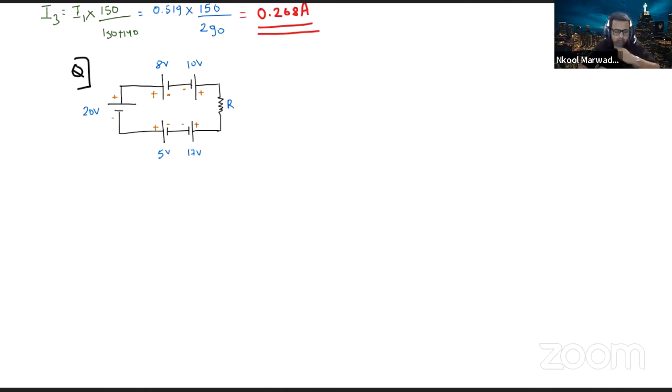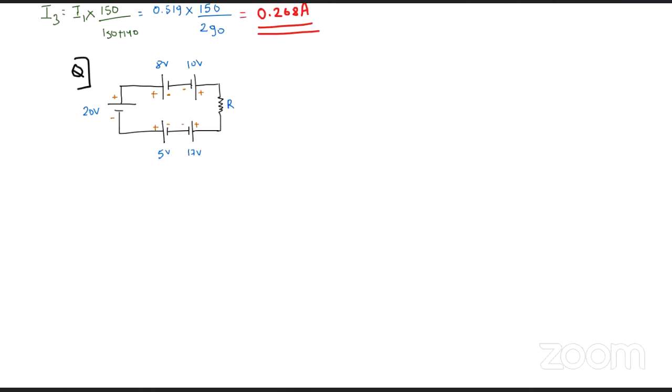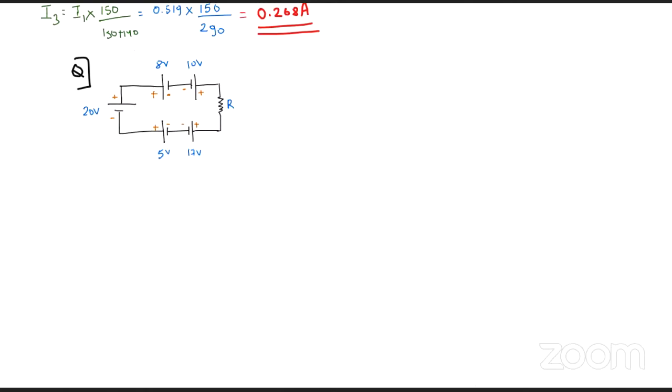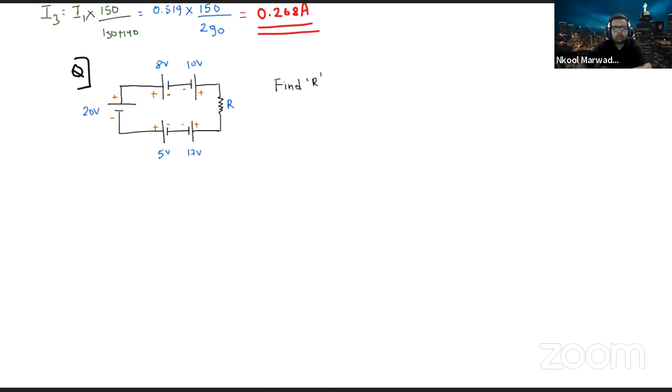Now what I can do is apply the Kirchhoff voltage law with the sign convention. So what is asked in the question? In the question it is asked find R. Fine. Now in order to solve this, I will be writing an equation wherein I will be using the Kirchhoff or the sign convention for the battery, wherein we have seen that